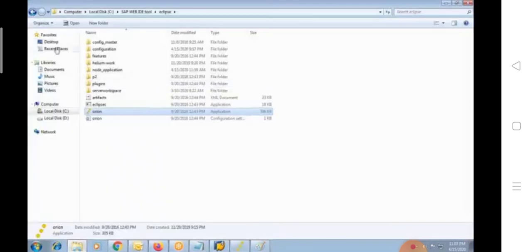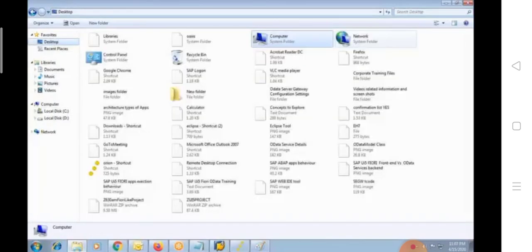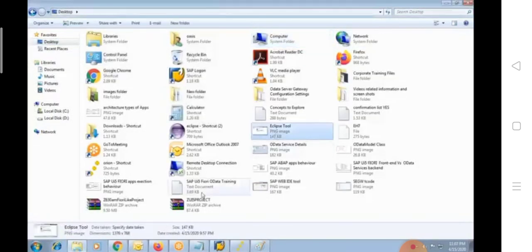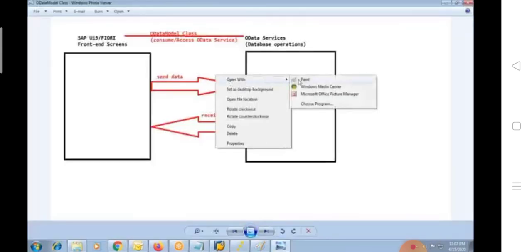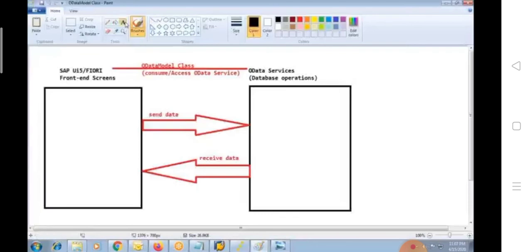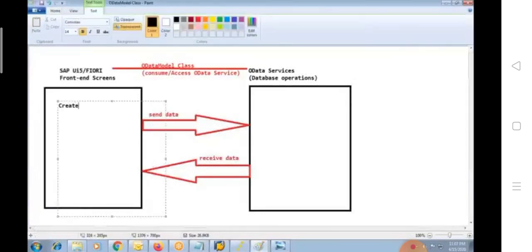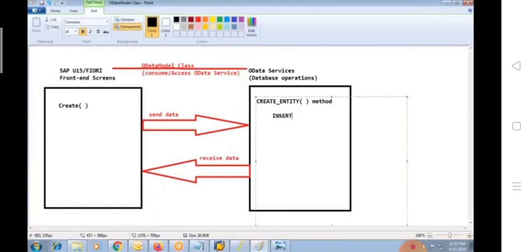To be more specific, let me go to this diagram. Anyhow, we are going to discuss that in CRUD operations, but let me give some idea. Say for example, this is the situation. From the front end, we are calling the create method, right? But technically at OData level, it is calling the create entity method. In the create entity method, we perform an insert statement.